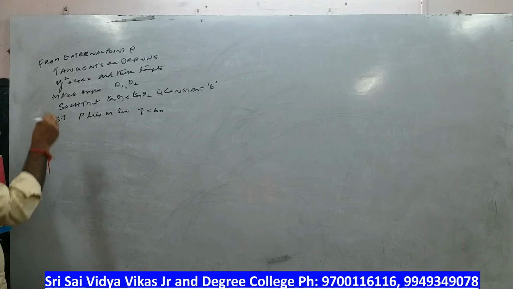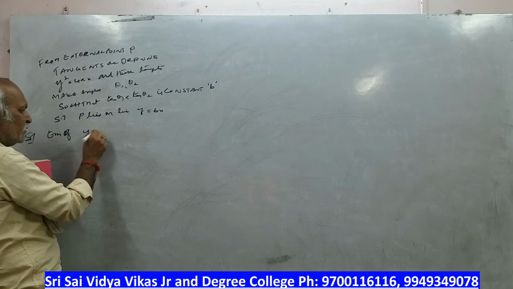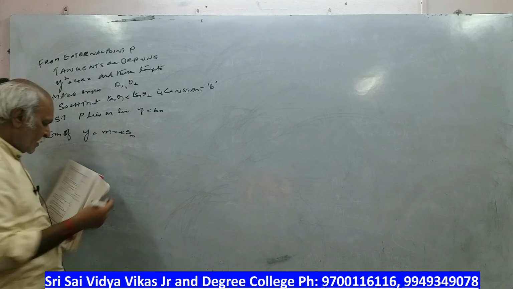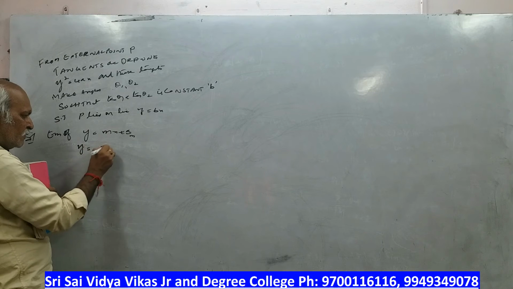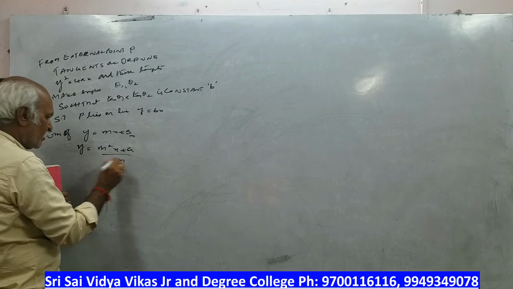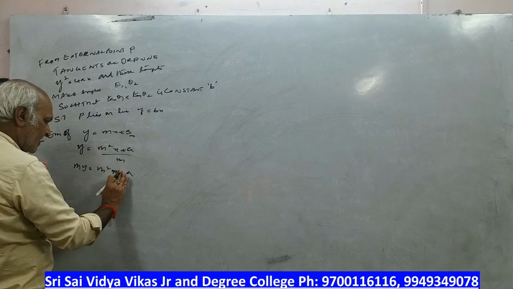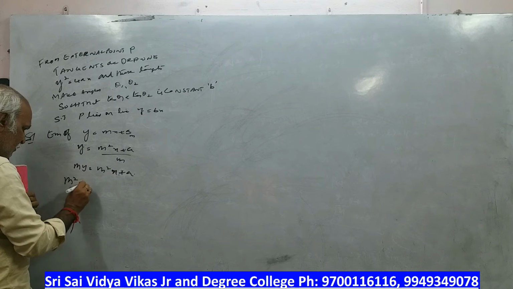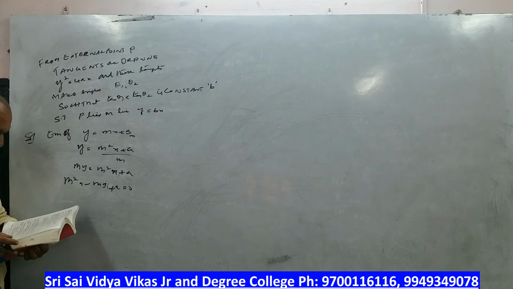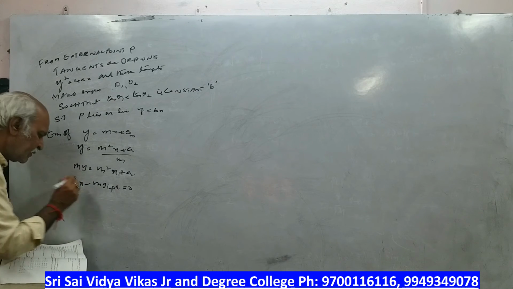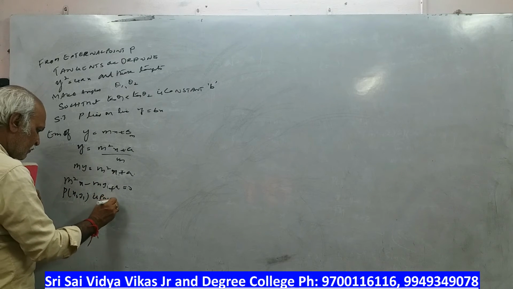Okay, here now the solution. The equation of the tangent: y is equal to mx plus a by m. What is the equation of the tangent? y is equal to mx plus a by m. If you take the LCM and cross multiply, my is equal to m square x plus a. So the equation we get is m square x minus my plus a is equal to 0. Okay, let the point P be x1, y1. So the tangents will become what, sir?